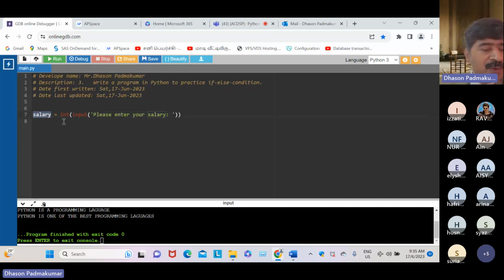So deep learning is very important. It's not memorizing. So we are asking the user to type in a salary. He or she may type in, let's say, 5,000. But the 5,000 will be read like this. See here, Python will treat it like this. So it is not numeric, it is a string. It is like a character, because both sides have a single quotation. Okay, dear student, and next is the condition. Now we are going to write it.